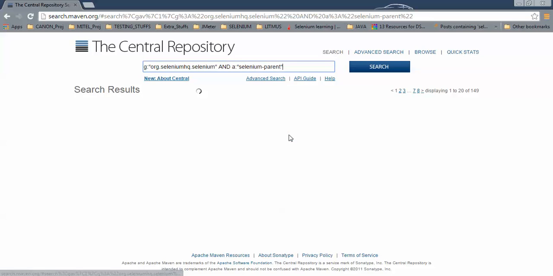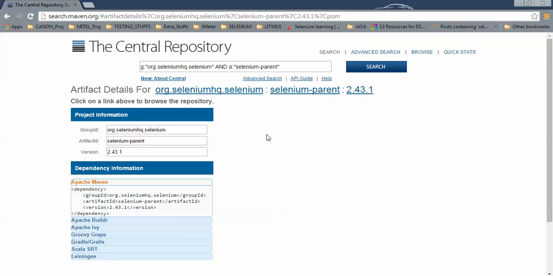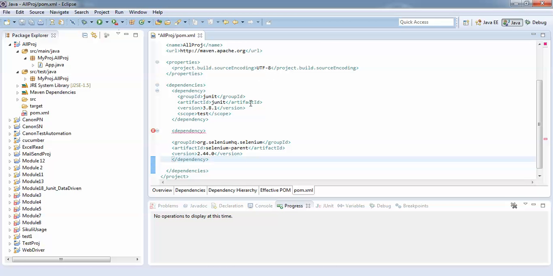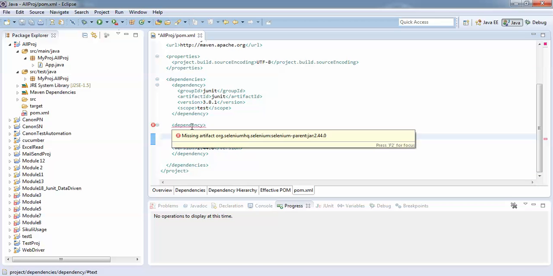Suppose 2.4.43, this one, let me take it. This is the same one. It should download it, but something is wrong here. That's why it's creating a problem. It shows the same missing artifact, the Selenium parent jar.